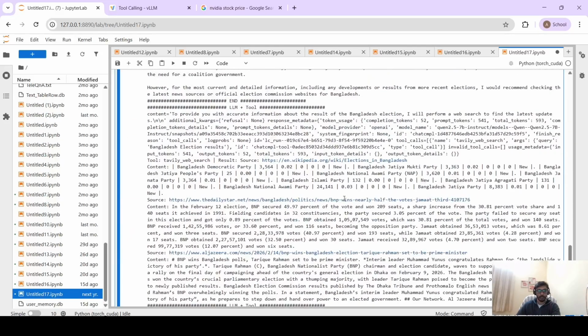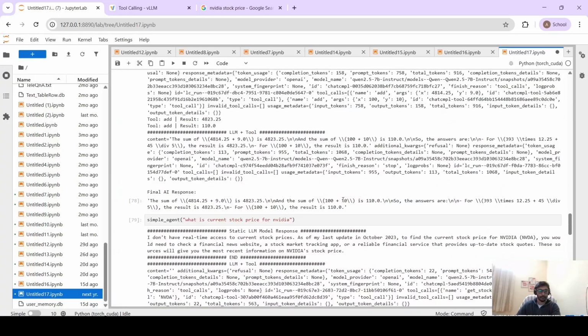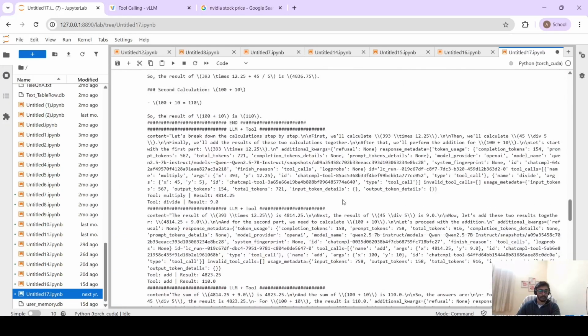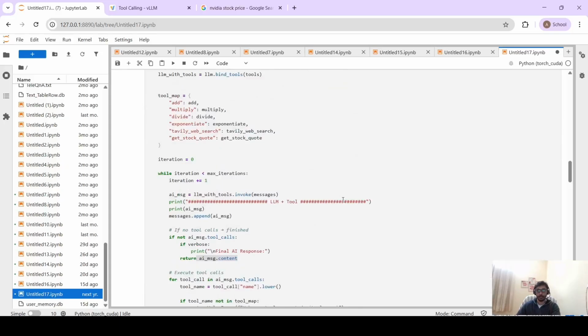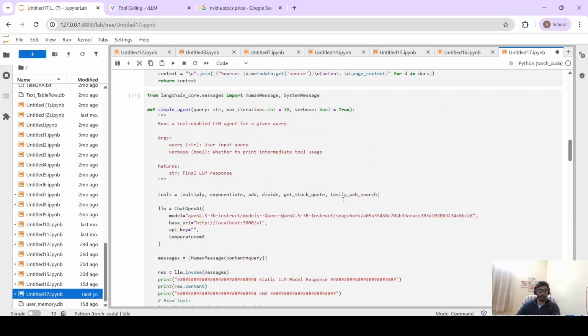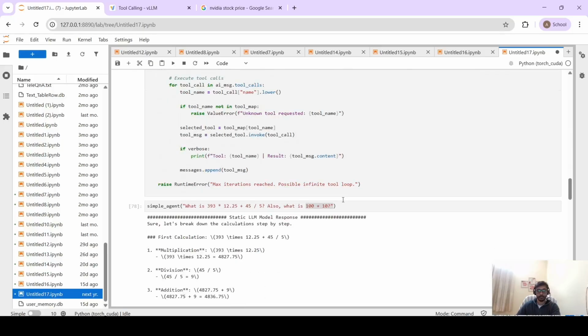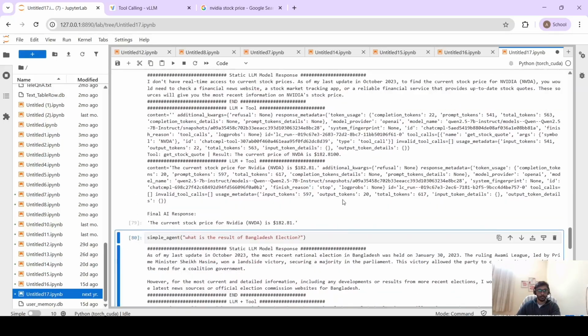Okay, so now you can see that the static LLM, when it gets access to tools, becomes powerful to answer difficult queries also, right? So you can explore this,